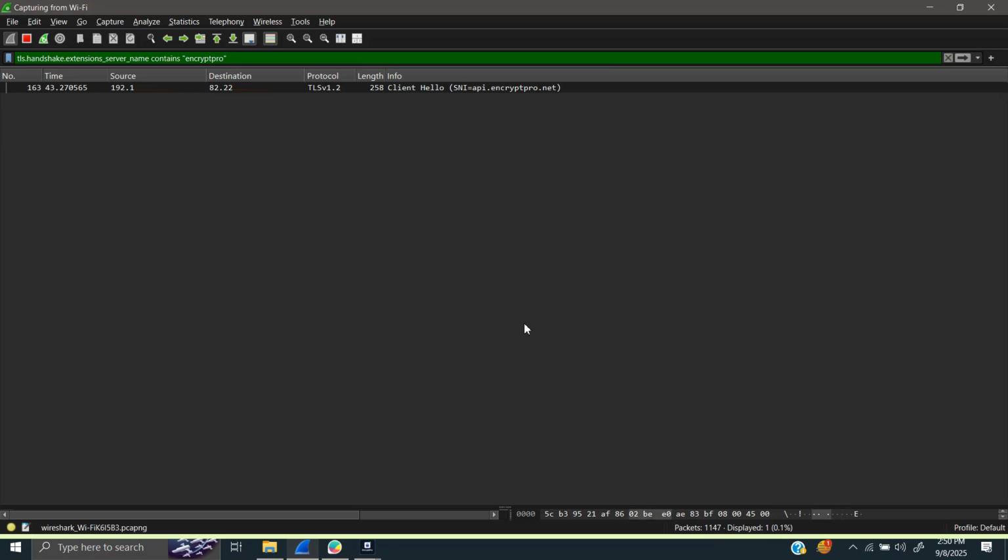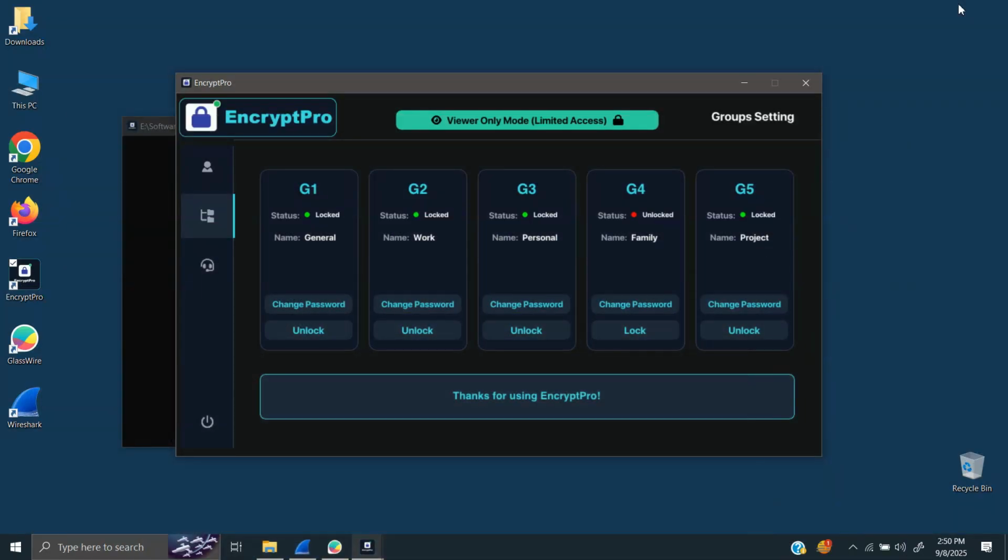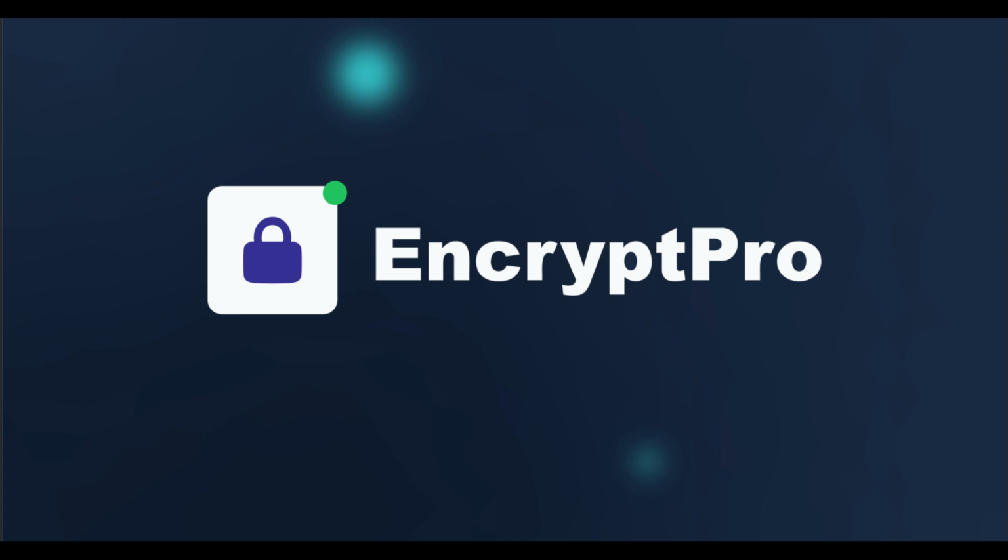EncryptPro only needs that one login call at the start, and after that, it works entirely offline to provide you the complete data security in which only you are in control. We've shown you firsthand that EncryptPro only connects to api.encryptpro.net at login, with all data processing done locally to ensure your complete security. We're committed to full transparency, so you can trust that with us, your data stays fully secure,